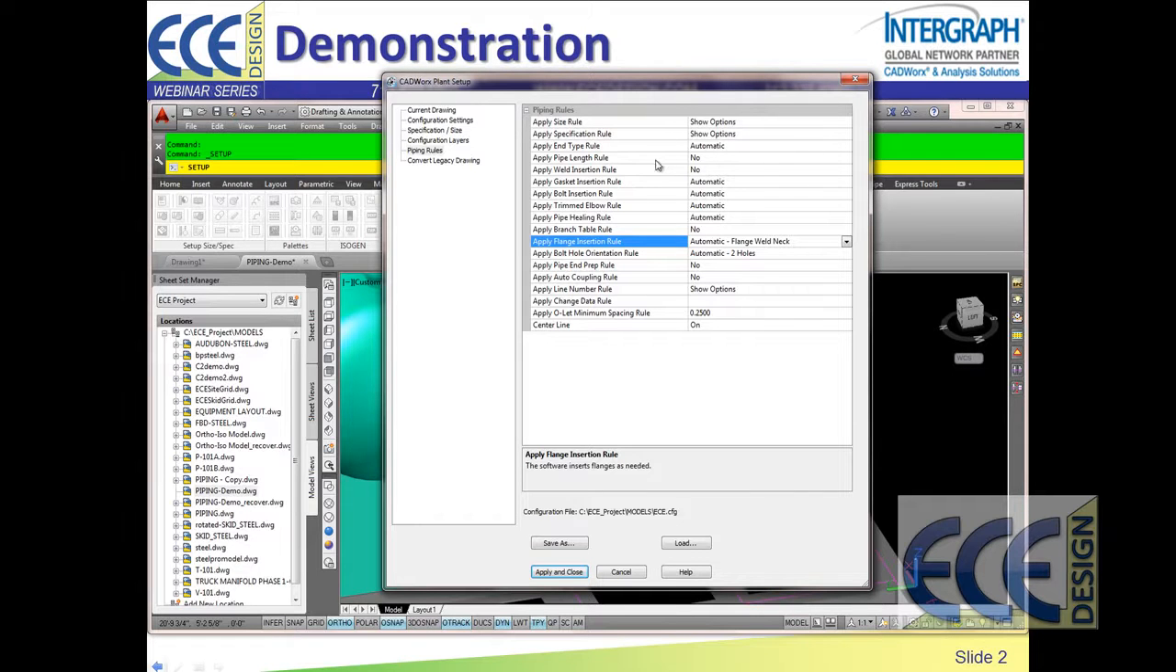A couple more that are very familiar: the auto gasket and automatic bolting, which is new in CADWorks, and pipe healing rule. These are all options that you can set to meet your needs. Okay,